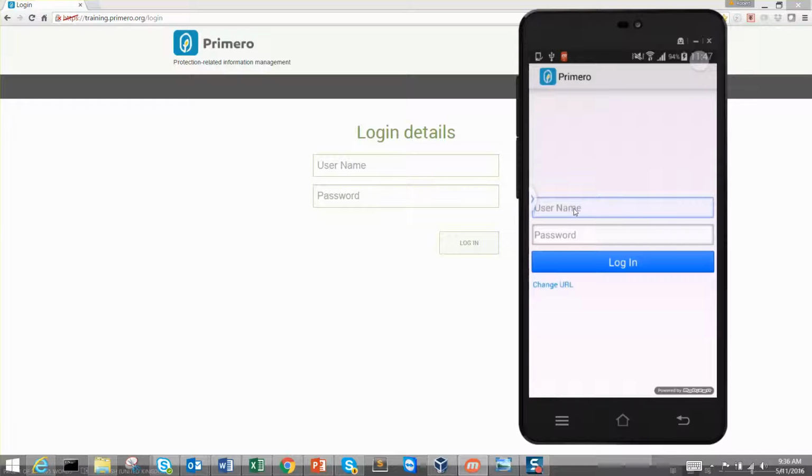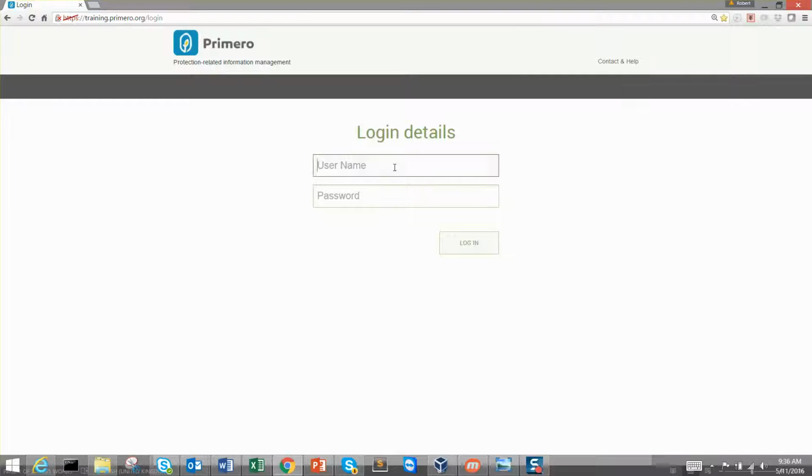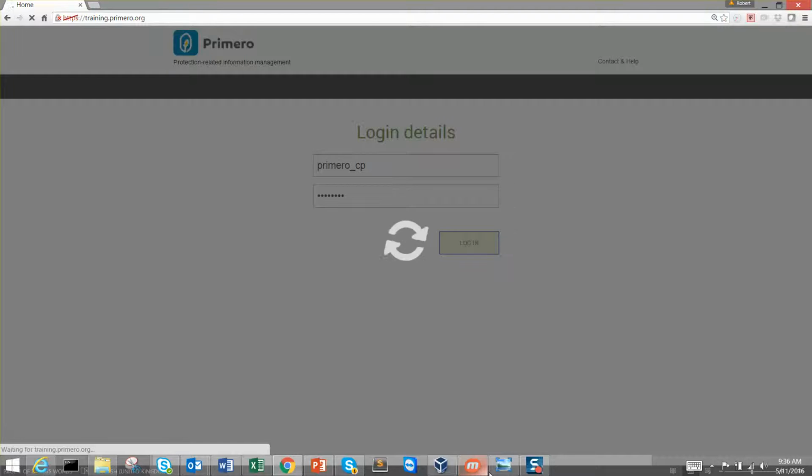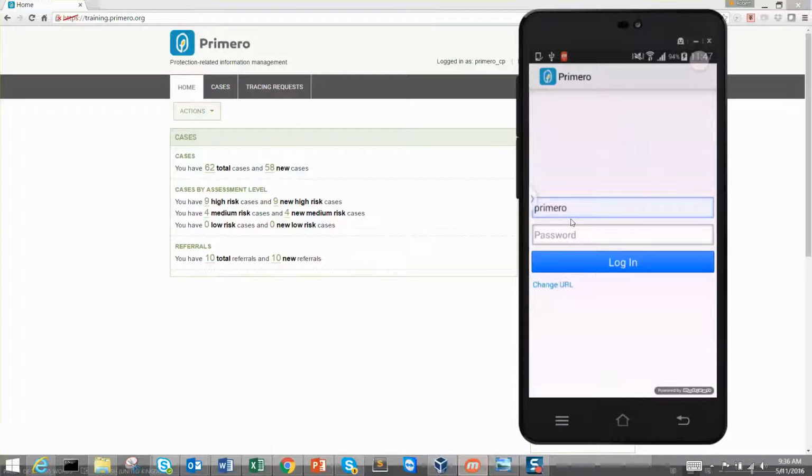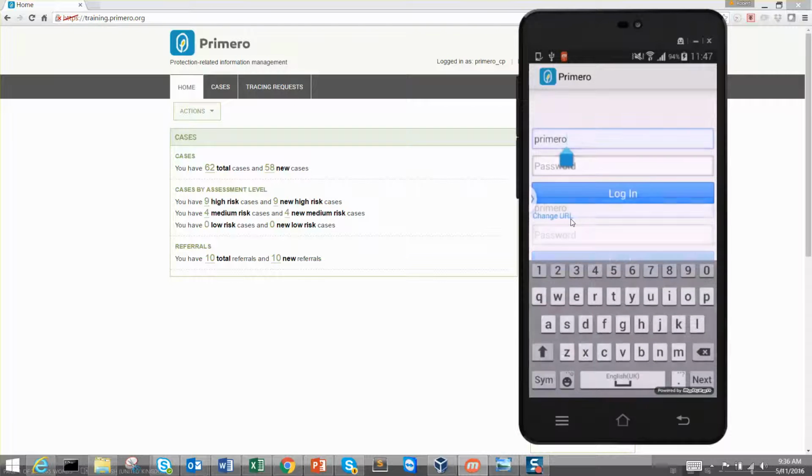In order for the applications to speak, we have to log in with a common password. So I'm going to use a generic password for a social worker and log into the account. On the mobile device, I'll use the same credentials to log in, and then password,